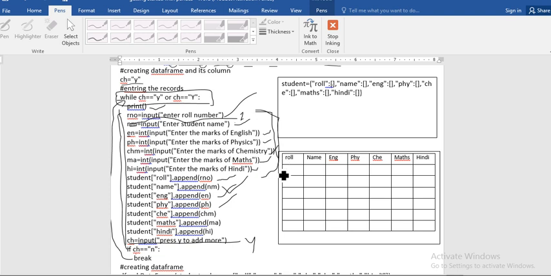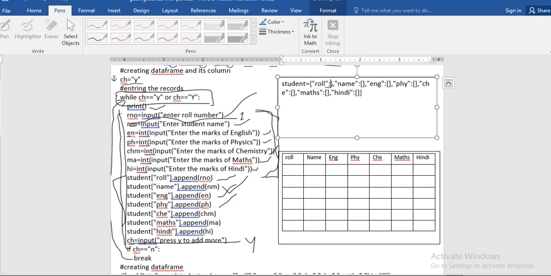These new data are stored again in the dictionary. So your data is stored like here: 1, your name, marks.